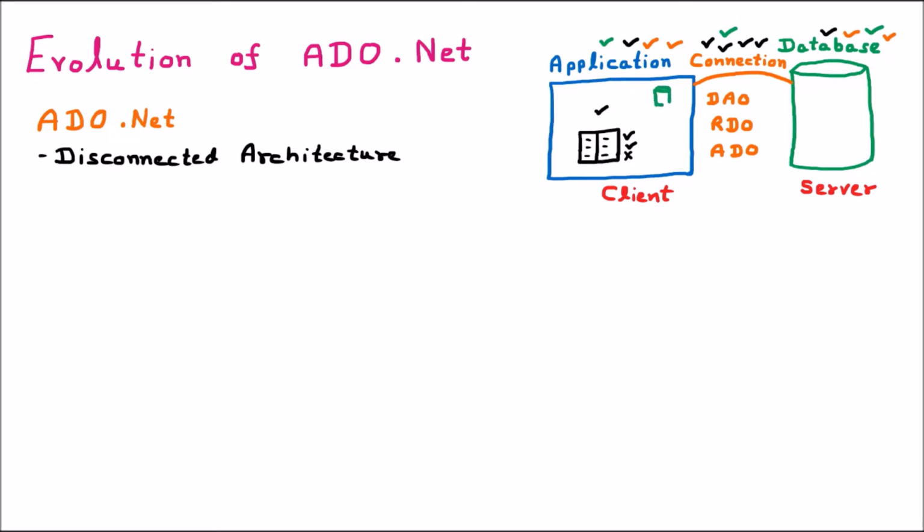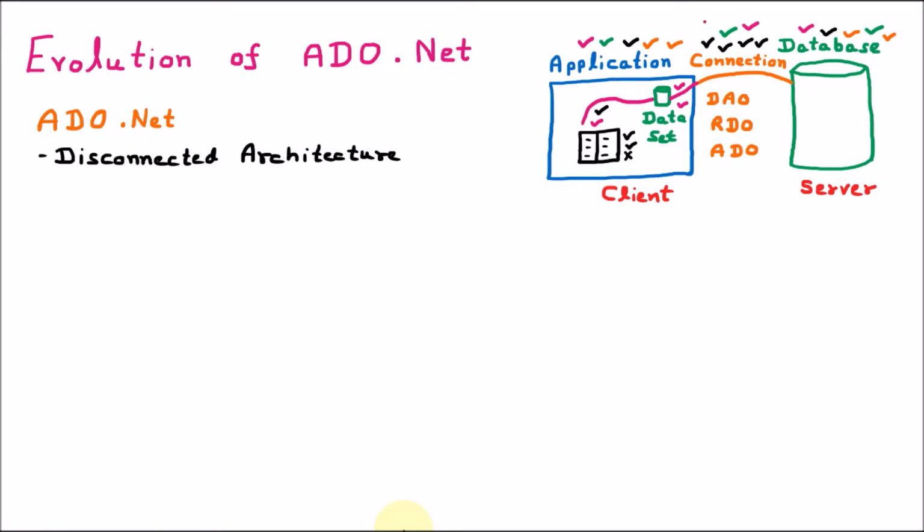And this database is called the dataset. Now understand that our application is connected with the database, but through the dataset. Here the connection comes to the dataset, and the application which we are making has the connection with the dataset. It does not have a direct connection with the database. So now what is going to happen? The first time when the connection was created, the dataset was created, and with our application we are dealing with the data. Now in the disconnected architecture, the connection is not required all the time.